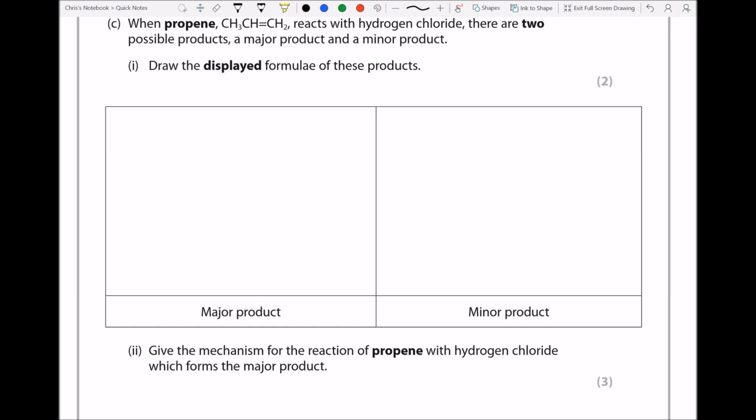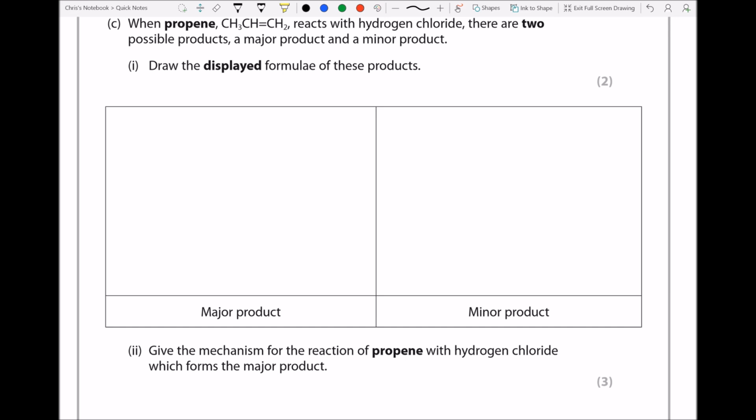Now in this example, we can only have secondary or primary carbocation. So we're going to get more product formed via a secondary carbocation than we are via a primary carbocation. So in that case, we're going to get more secondary haloalkanes or halogenoalkanes than we are primary. So the major product for this